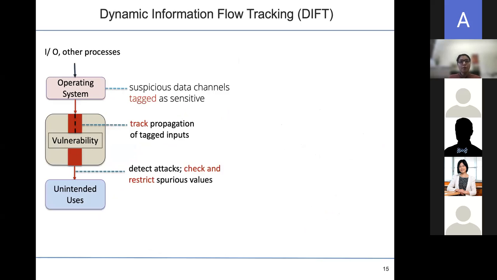So using information flows, there exists a detection mechanism called dynamic information flow tracking, or DIFT, which is used for detecting APTs. It basically consists of three key features. The first one is tagging. DIFT will tag all the suspicious flows. I'm stressing this point, suspicious. You just don't know whether it is malicious or benign. It will tag all the suspicious flows, and then it will keep on tracking these tagged flows throughout the system execution time. And finally, when one of the tagged flows is used in an unauthorized manner, it will initiate some security checks.